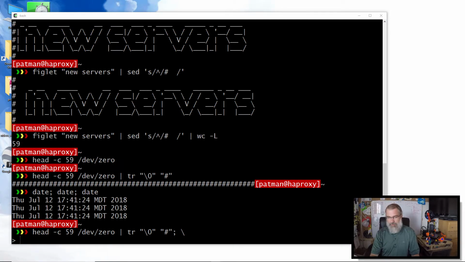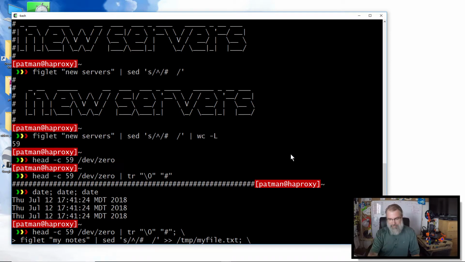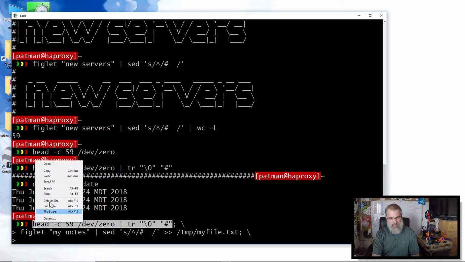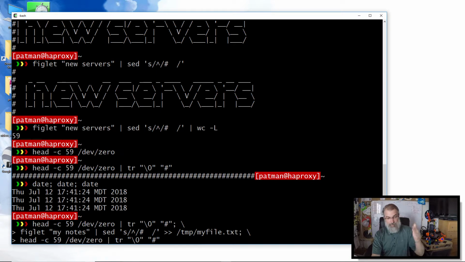And then we'll come up here and do the figlet. And again, the slash at the end, so the same figlet we just did. And then again, the last command will be, we'll copy and paste this. Well, I don't need the semicolon though. Don't need the semicolon. And that should get us what we need. So if I run this,